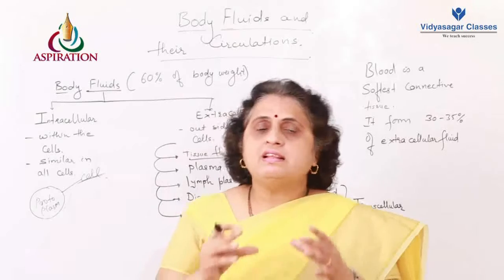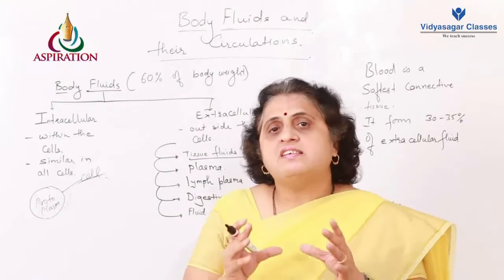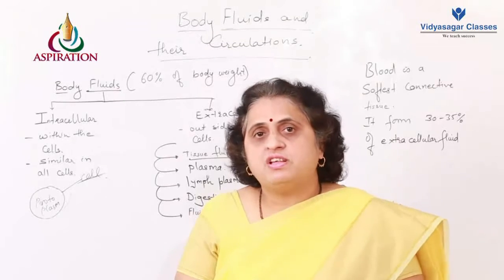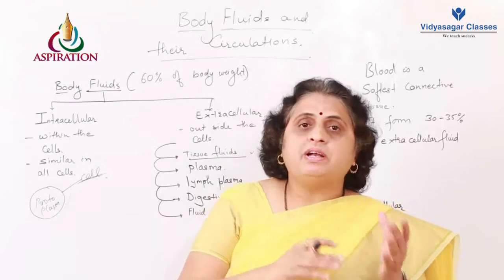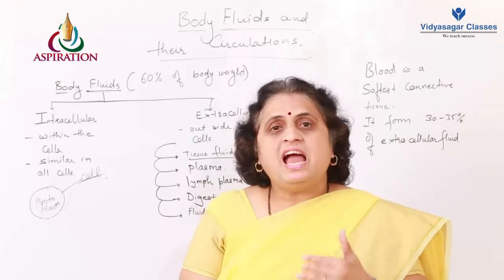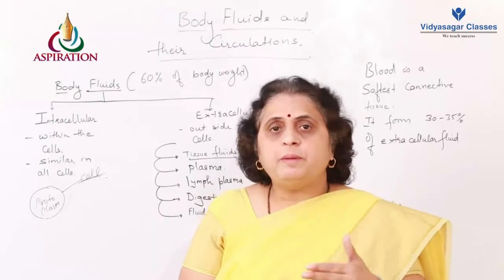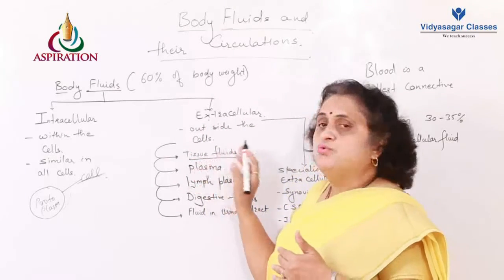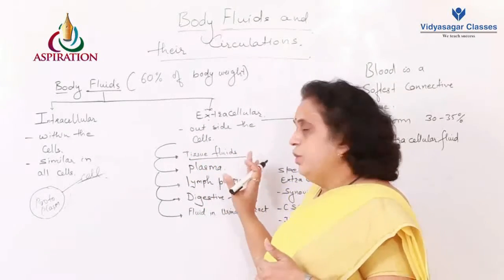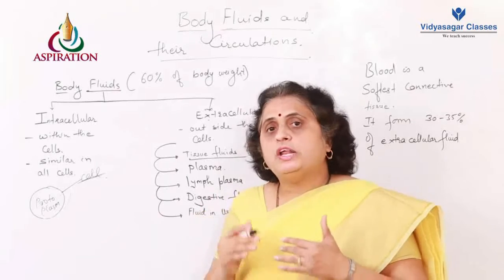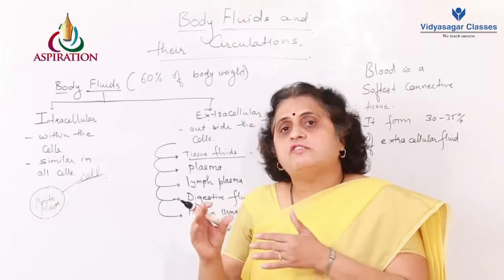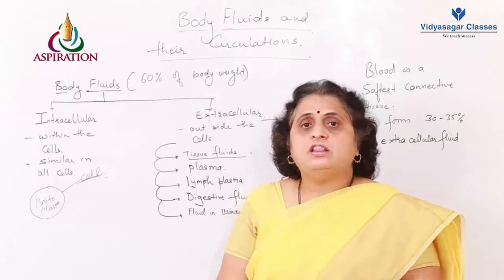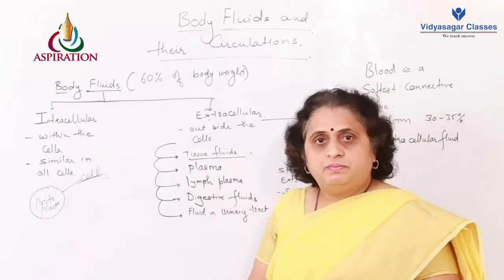Inside the body there are certain groups of cells which we consider as a tissue. To keep this tissue moist, to maintain the moisture of this tissue, or rather to prevent the dehydration of the tissue, we have the fluid part, and that fluid part within the tissue is called the extracellular tissue fluid. This tissue fluid is surrounding the tissue or is enclosed by the intercellular spaces in the tissue. So the intercellular spaces of the tissue contain the fluid which we can regard as tissue fluid.